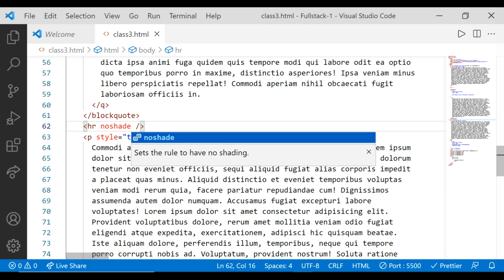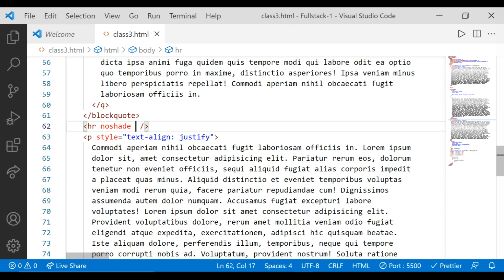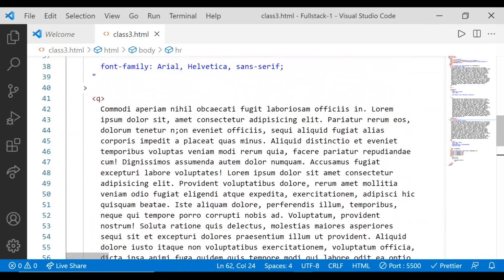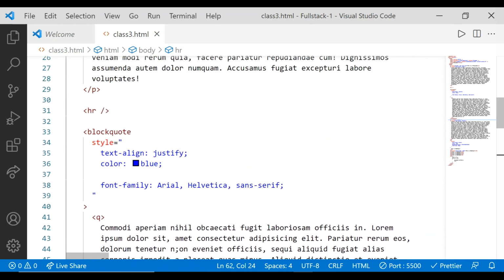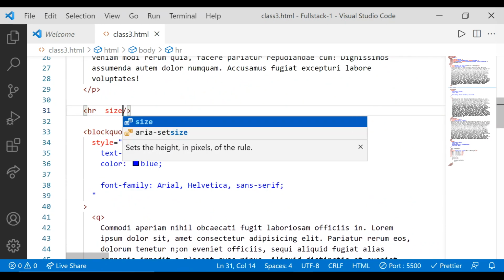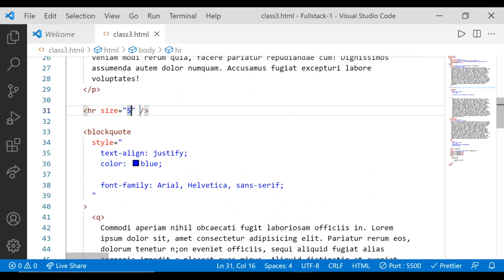After this I'm also using a property called size that represents the thickness of the line. I'm giving 5, because otherwise you may not be able to see the difference between shade and noshade. The thickness will be 5, and here I'm giving the thickness 5 again. Now I'm saving the code.